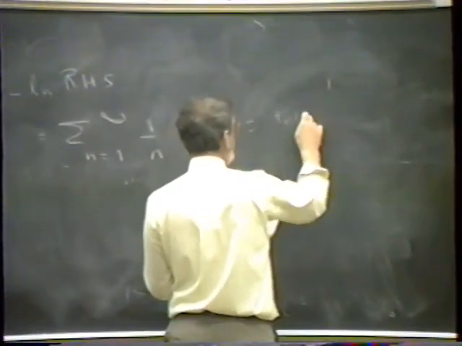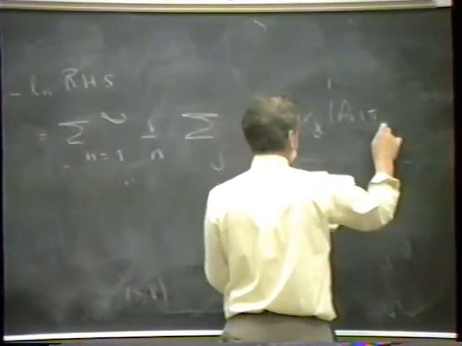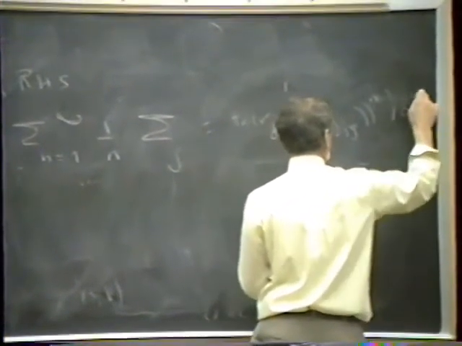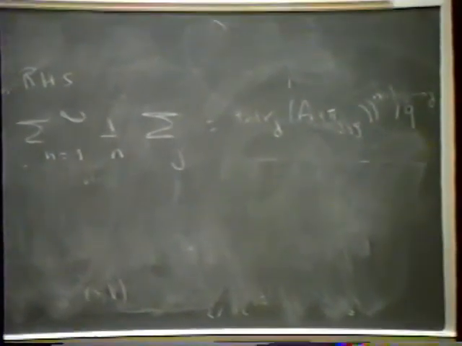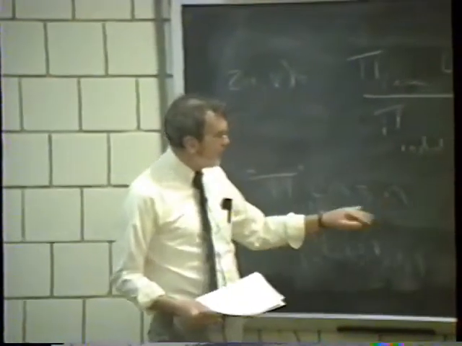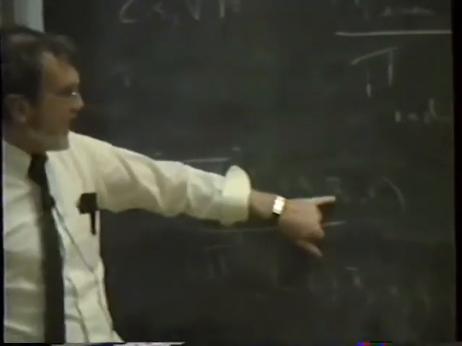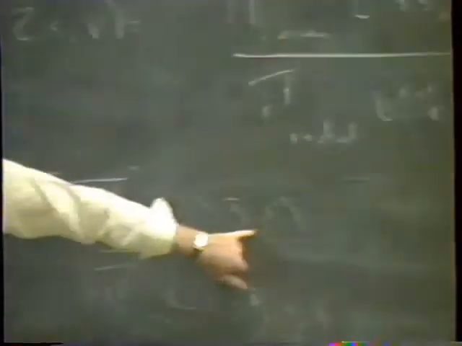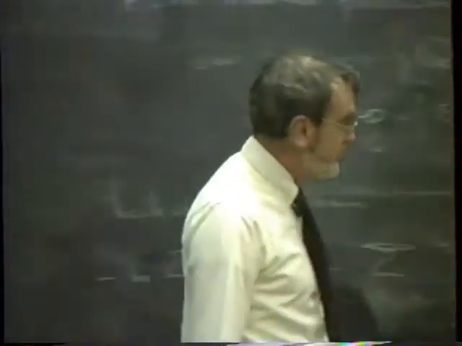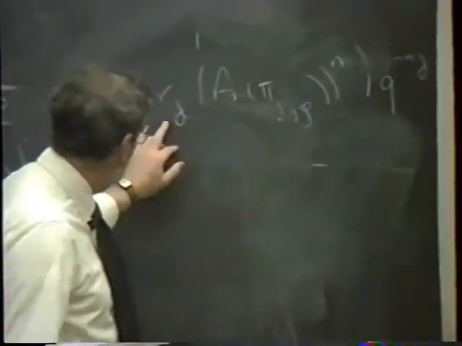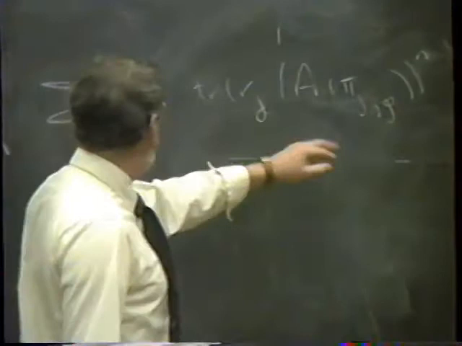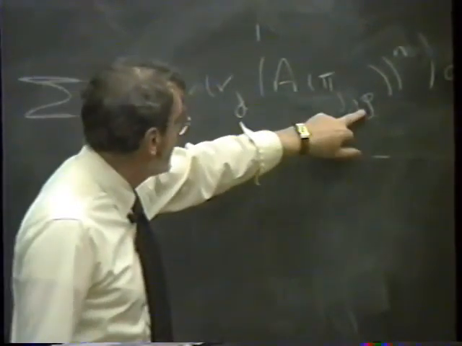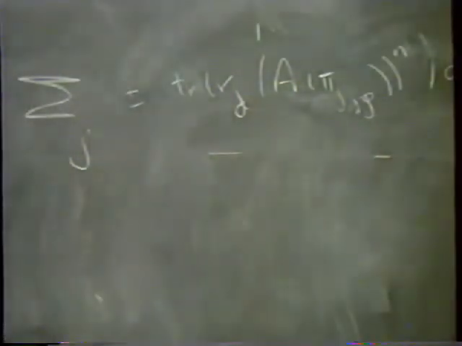it's plus or minus the trace of R_j of A of pi_j,p to the power n, q to the minus nj. You see, we haven't really been working formally with these things, but recall these L functions involve looking at the local components of pi, associating to those local components of pi a conjugacy class in GL, and then applying R_j to that conjugacy class. And this is the kind of thing we have to do. R_j was the representation at the jth place. Plus or minus comes from numerator and denominator. A of pi_j,p is the pth local component of pi. A is the conjugacy class associated to it. We have to raise it to the power n because n is what occurs here, and we multiply by q